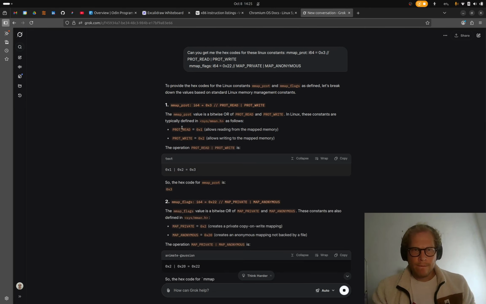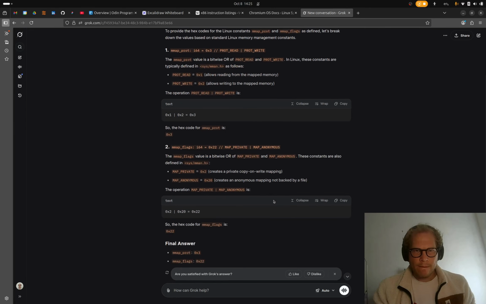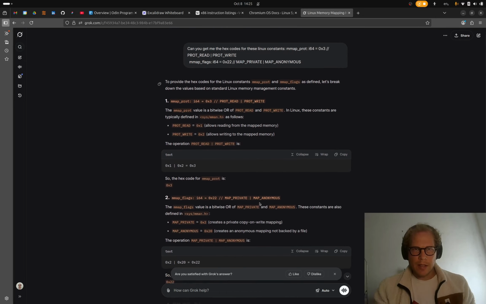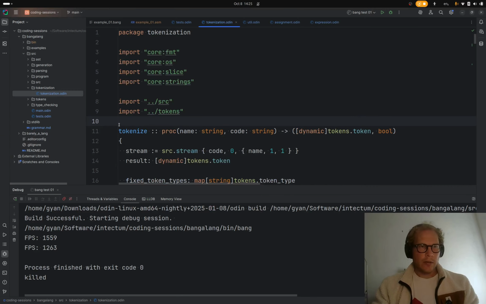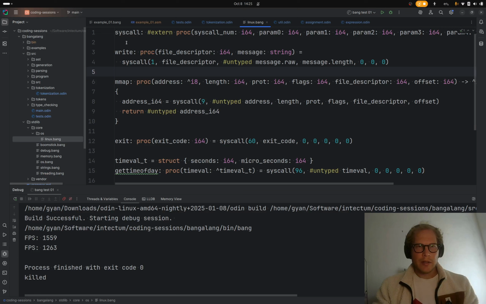Okay, yep, those are the hex codes. Cool. So now in standard library core OS Linux,